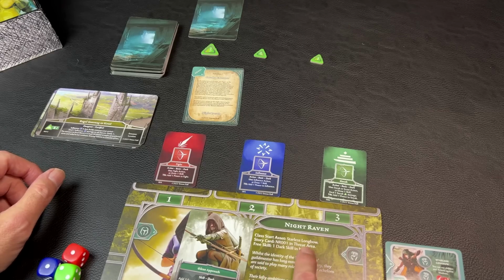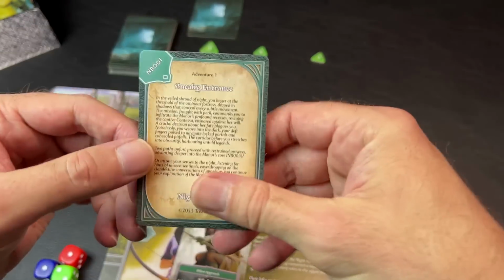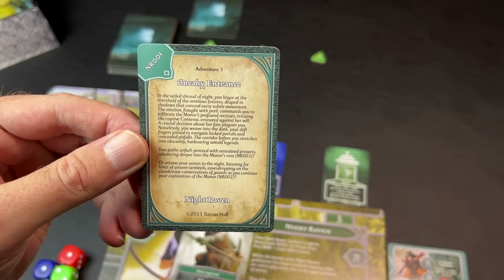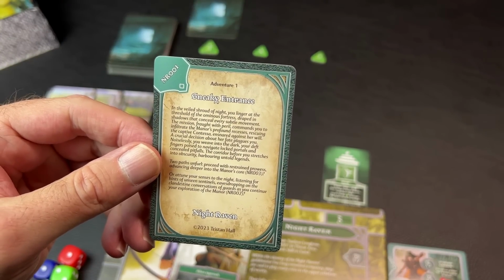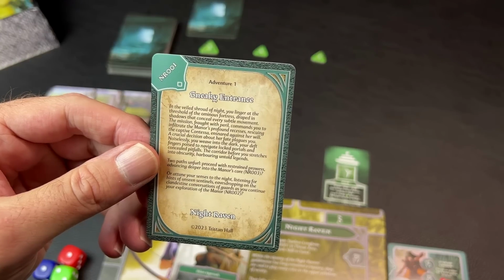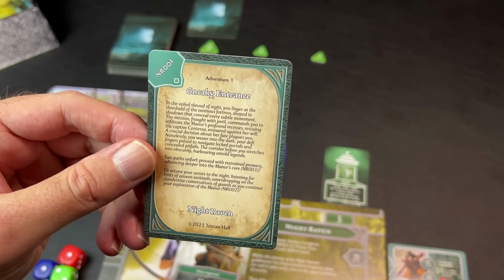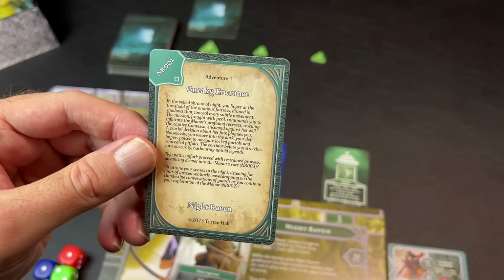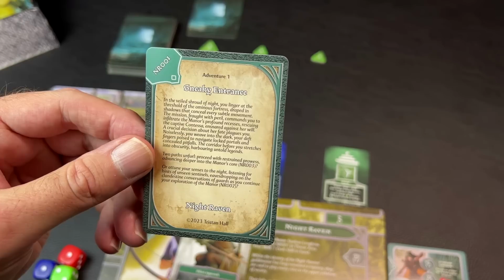It'll tell you which story card to add to the first game, and then we can take this and read it. So we have the sneaky entrance. In the veiled shroud of night, you linger at the threshold of the ominous fortress draped in shadows that conceal every subtle movement. The mission, fraught with peril, commands you to infiltrate the manor's profound recesses, rescuing the captive Contessa